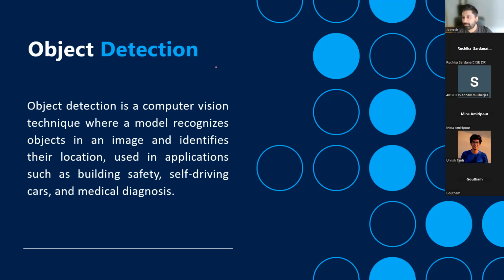So object detection models are used for detecting the object. You do not need to know the details of it. All you need to know is, hey, there is a human in front of me. Hey, there's a car in front of me. There's a moving vehicle in front of me. There's a stopped vehicle in front of me. There's a construction cone in front of me, and things of that sort. Okay. Any questions around this? Object detection, anyone?